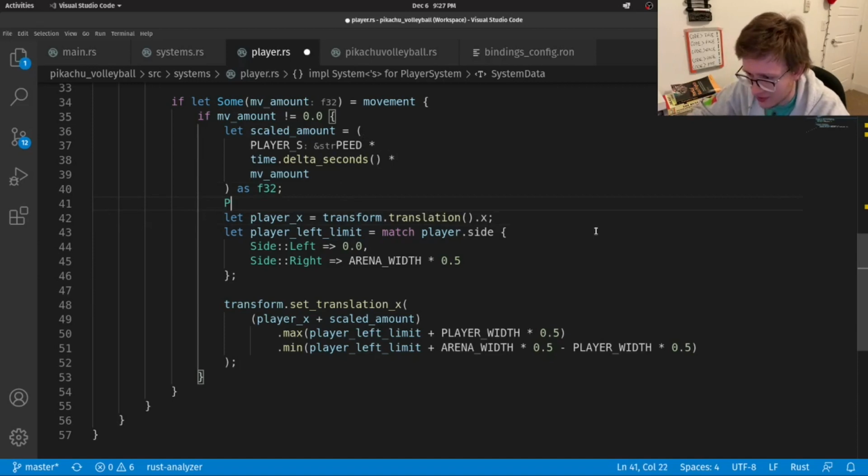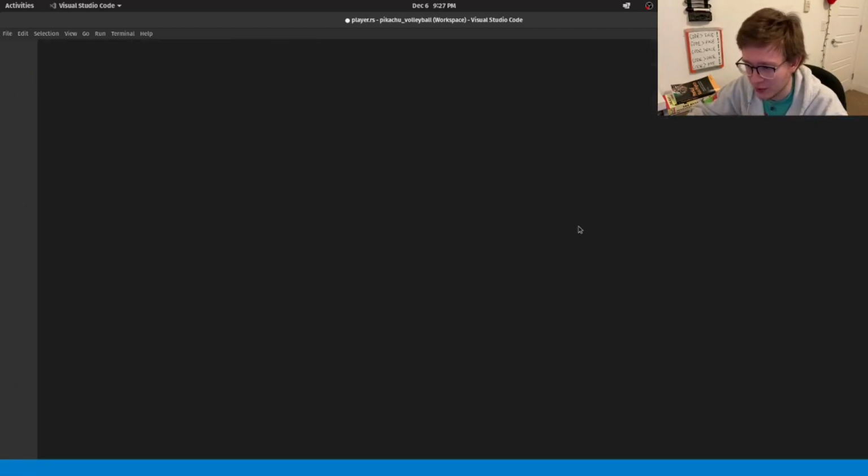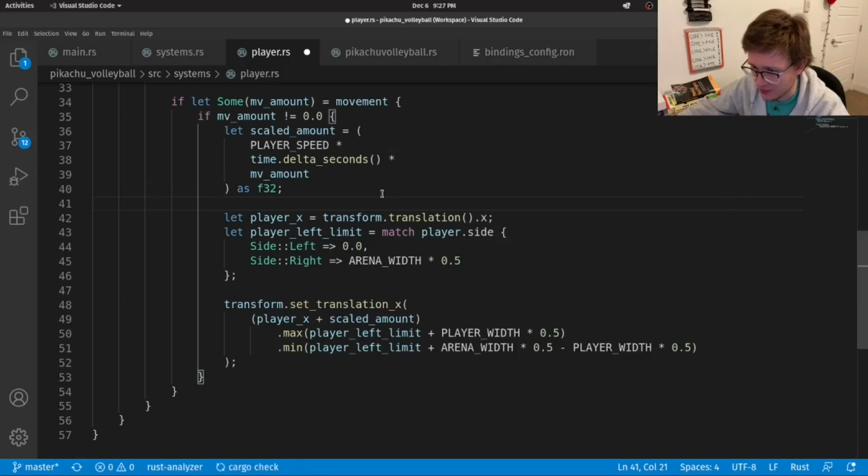In any case, let's try a piece of advice. Something I always do when I have these sort of problems, I just reload the window, and most of the time it just clears it. Now, of course, you'll have to rerun Rust Analyzer, but I find it worth it. Anyway, we see that player speed looks fine now.